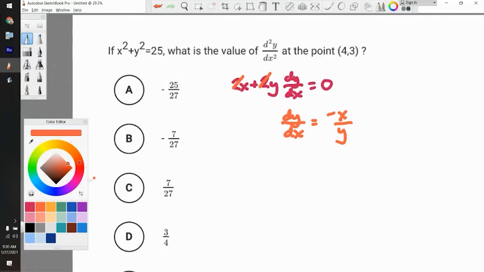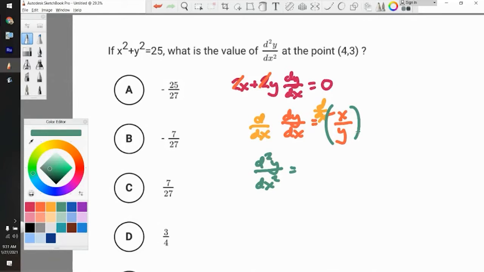So we have the first derivative here. Now we need to do the second derivative. So what I'm going to do is do the derivative of both sides with respect to x. Okay, well, the derivative of the derivative is just what we're looking for here. So I'm going to write d squared y over dx squared equals, now we're doing the derivative of